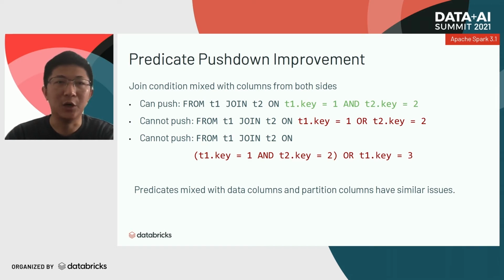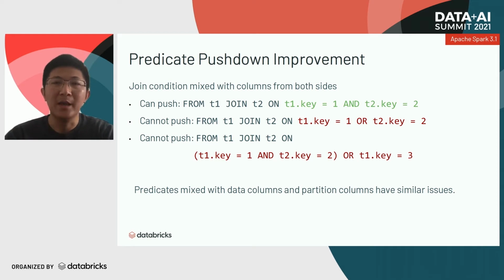However, if we use an OR predicate to combine these two small predicates on the T1 and T2 keys, then we cannot push down, because with the semantics of OR, you cannot have a strict requirement on both join sides. Similarly, if there is a more complicated predicate like the third one, as long as the root node is an OR predicate, you cannot push down because it's mixed and you cannot push this predicate into both sides. The same problem happens in normal predicates if they mix data columns and partition